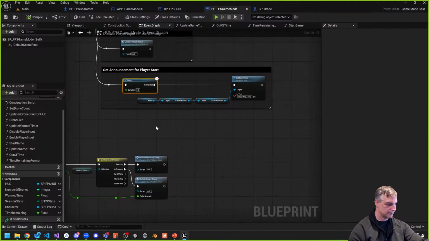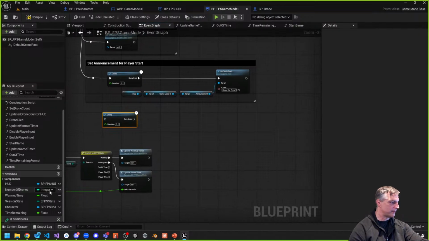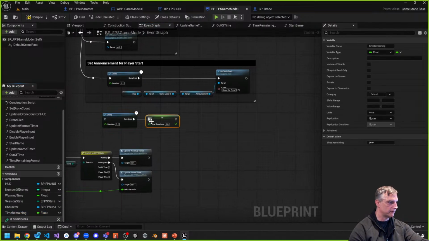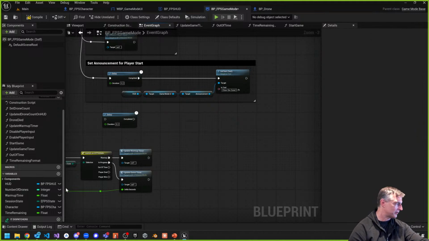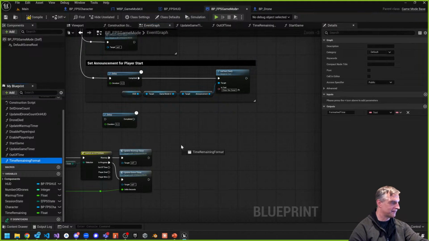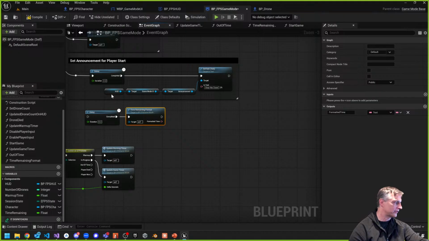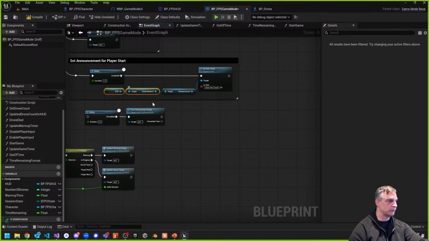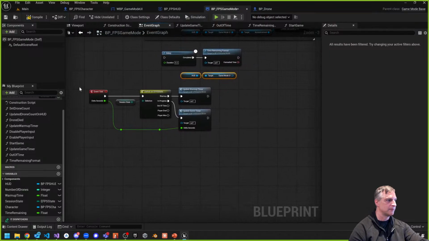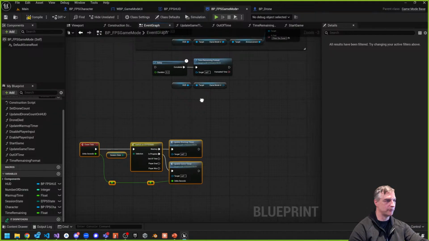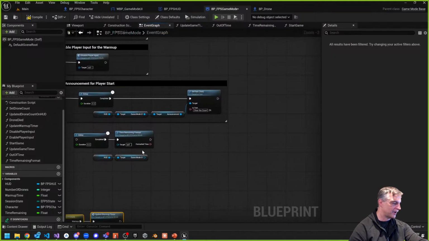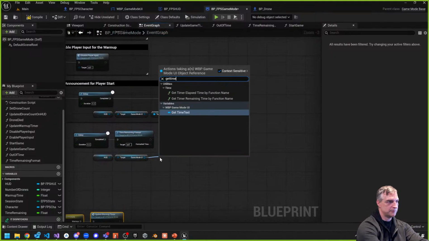So I want to get another delay. And we want to get the time remaining format function. From that function, I want to get a reference to the HUD and the game mode UI up here. We're running out of space again, so I'm going to have to pull this down or pull the other one up. And then from there, I want to get time text,